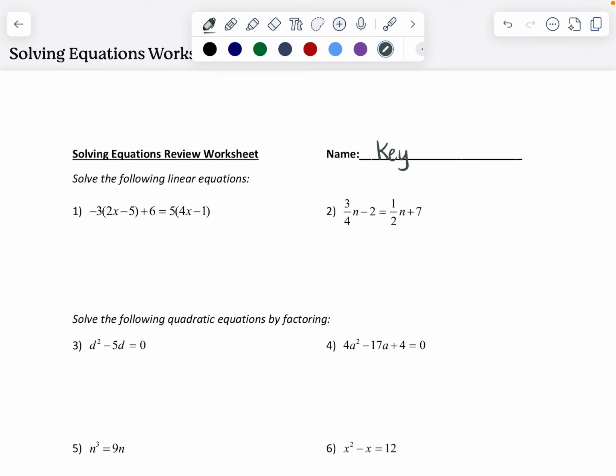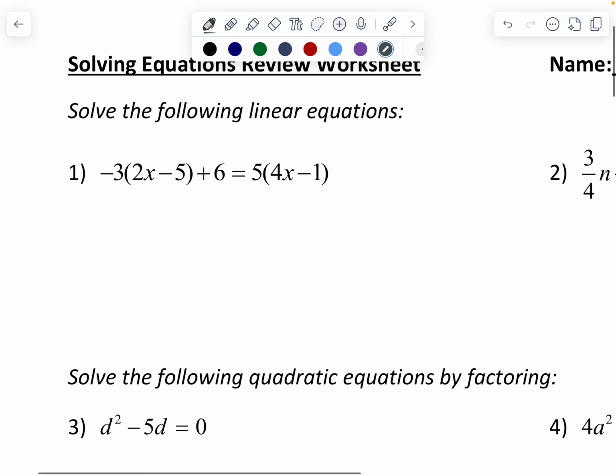Everyone, so here's the solutions to the review for your quiz tomorrow. So on number 1, this is just a regular linear equation, so we're just going to go ahead and distribute. If you distribute through here, you're going to get negative 6x plus 15, then plus 6 equals, distribute this, you're